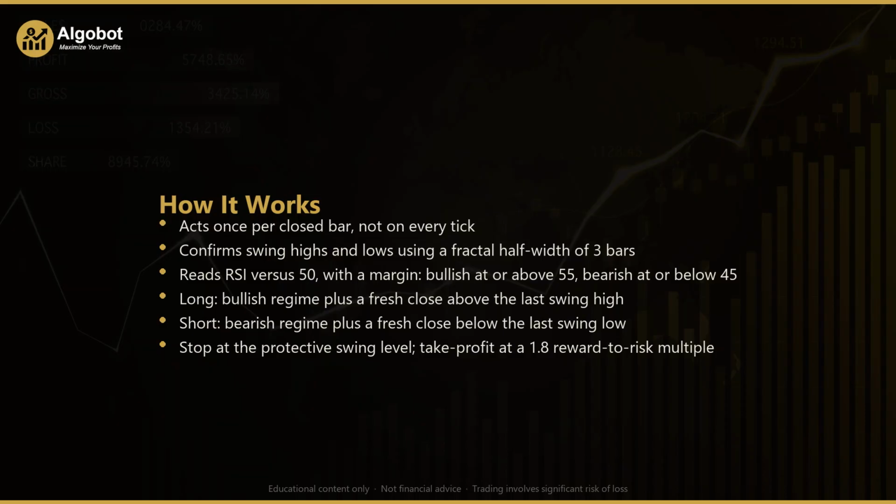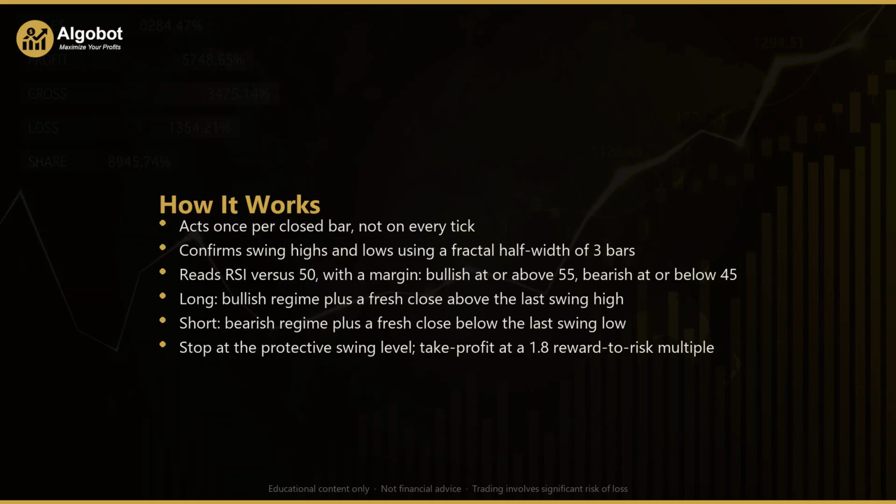The take profit is then set at a fixed multiple of that stop distance, defined by the reward ratio, which defaults to 1.8. For a short, the stop sits just above the most recent swing high, and the target is again a multiple of the risk. Two final guards keep things clean. The strategy holds only one position at a time per magic number, letting the structural stop and target manage the exit, and it skips any trade when the current spread is wider than the max spread point setting. Together, these rules aim to keep entries selective and the